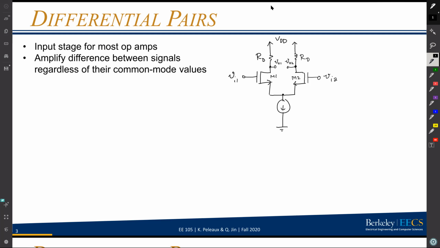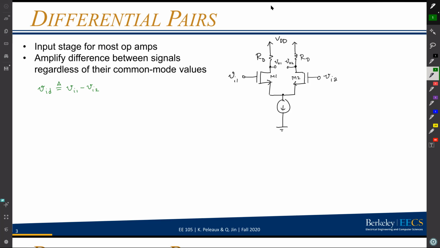ideally without amplifying their common mode value. Let's go over a couple of definitions here. When I talk about differential input voltage, I'm really just talking about the difference between VI1 and VI2. I'll call that differential input voltage VID, and I'll define it as just VI1 minus VI2. In your homework, you actually have a differential pair, but VI2 is grounded. In that case, VI1 just becomes VID, right? Because we have VI1 minus 0